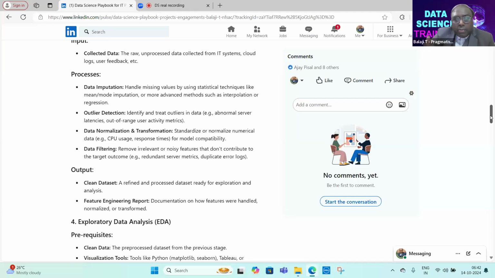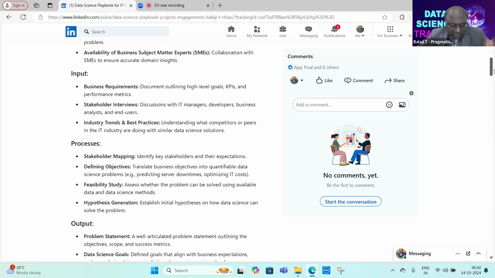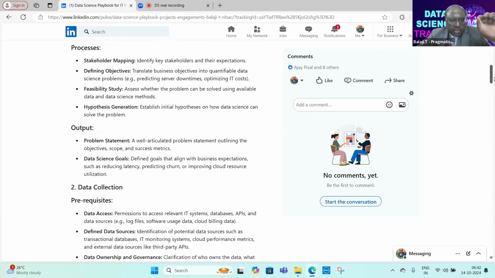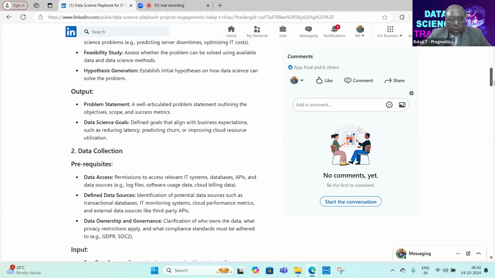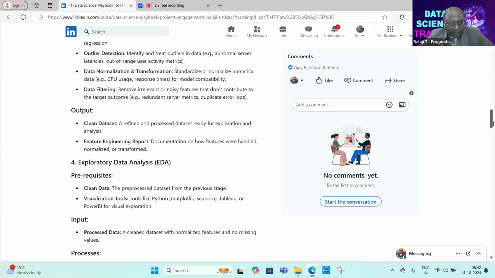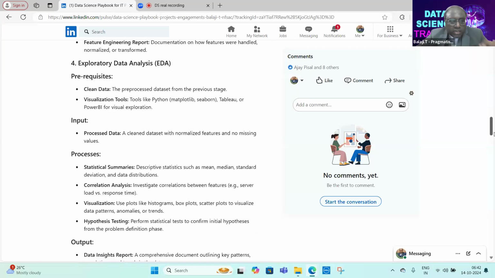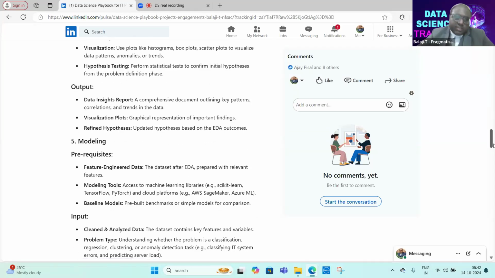Same thing here. A playbook is going to tell, guys, if you are going to set up a data science project, if you are going to build a data science team and then try to do data science in an IT project, what are the checks and balances at each stage or phase of the data science life cycle, right? So for each of the phases, I have given prerequisites, input, process, output. Now you can take this article as a reference, slightly customize it into your context so that it serves the personalized needs of your customer.